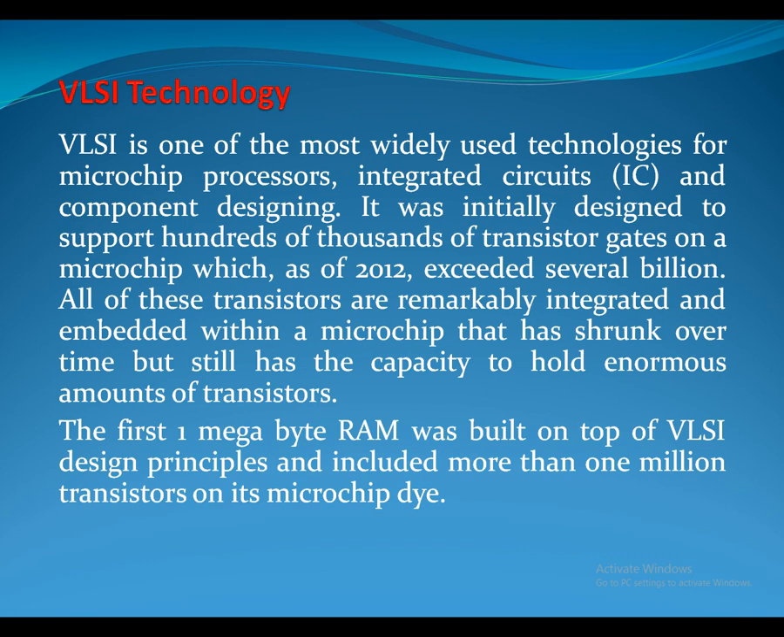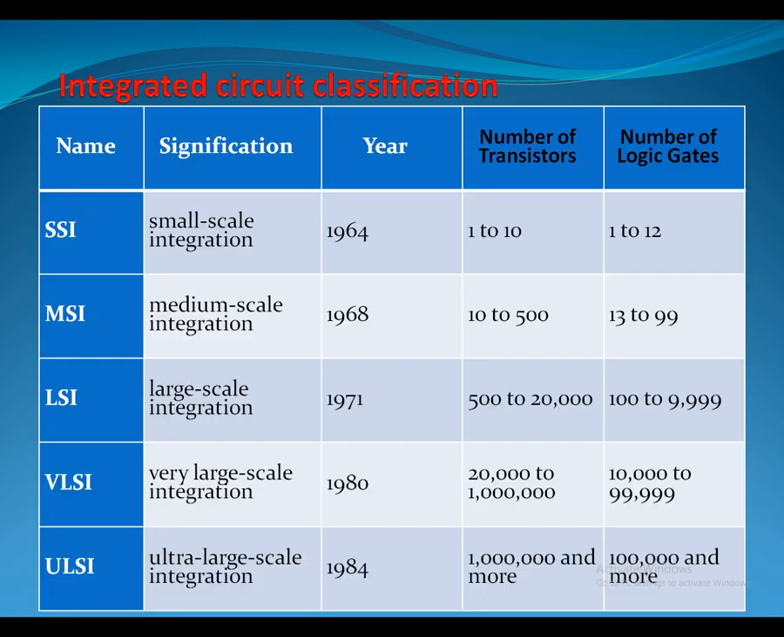The first 1 megabyte RAM was built on top of VLSI design principles and included more than 1 million transistors on its microchip die. So first of all, we will think that the memory space is a very important thing in case of VLSI designing. This memory space of RAM, including 1 million transistors within a small microchip die, was possible. So we can see that